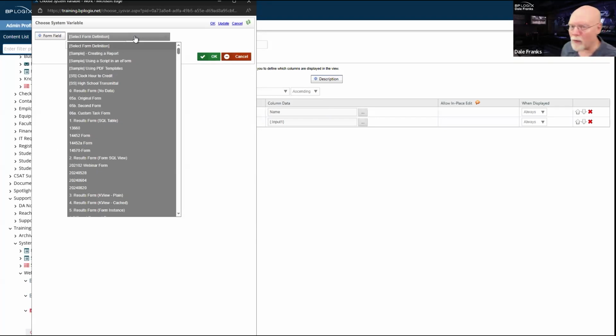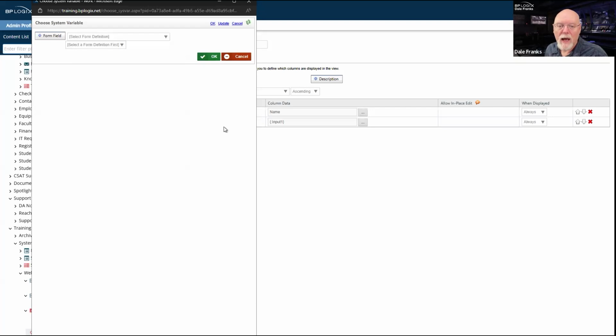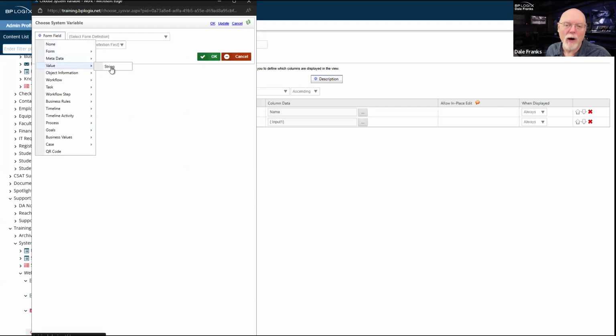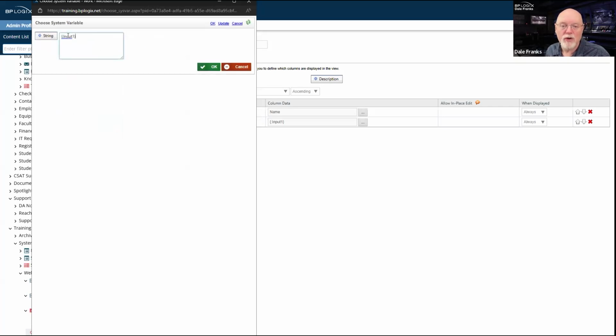It's going to ask you for a specific context to help you pull back just the right value. And sure, in some circumstances, that's super helpful. But it's not super helpful in my case because I want to unify these form fields. So instead of being guided down this path by Process Director, I'm just going to set it as a string, and I'm just going to pull the string form field name. Because for each row, I'm going to be in the appropriate context of the appropriate form instance. It's always going to return the right data to me.